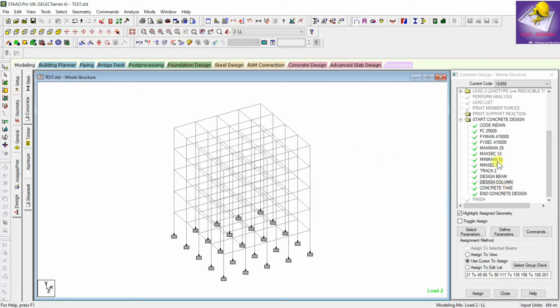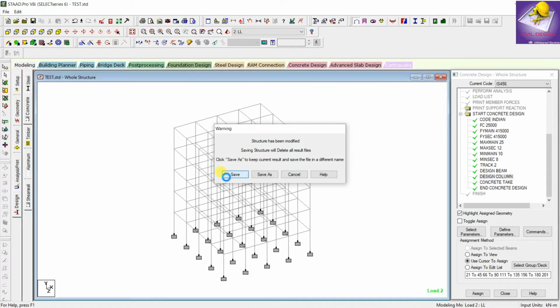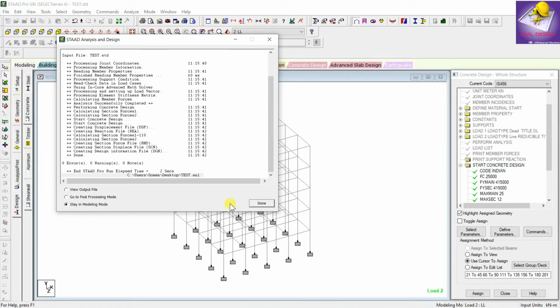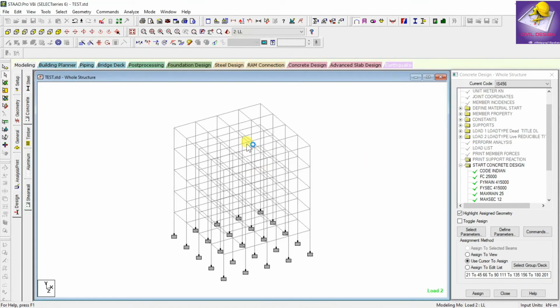So the comments are completely assigned to all members. So click on analyze, run analysis, click on save. Okay, wait a few seconds. Now zero error, zero warning, zero notes. So my design is perfectly okay,